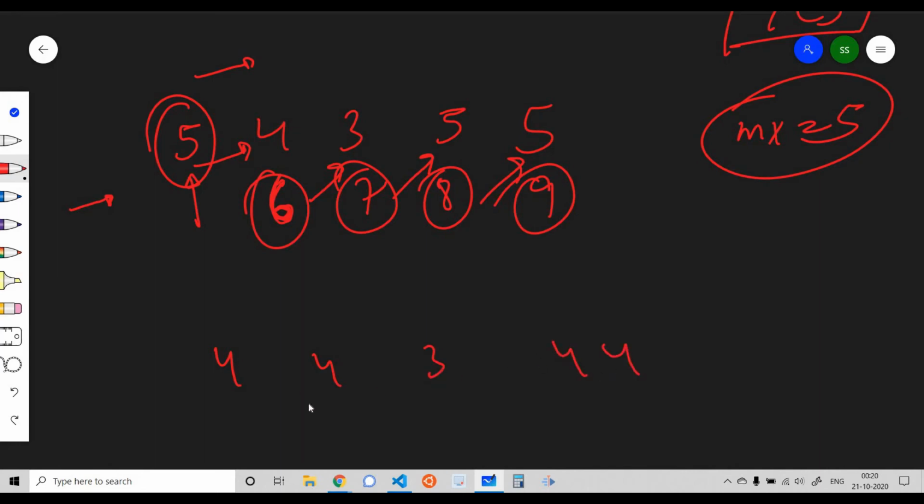4 4 3 4 4. We see all the values are not equal, so we can have a dominant piranha. We find out the max, which is equal to 4. Now we move from left to right. We see for this particular piranha, we cannot set this to a dominant one because it is having a piranha which is having the same size to the right of it. It cannot eat any other piranha. So we move ahead with our search.